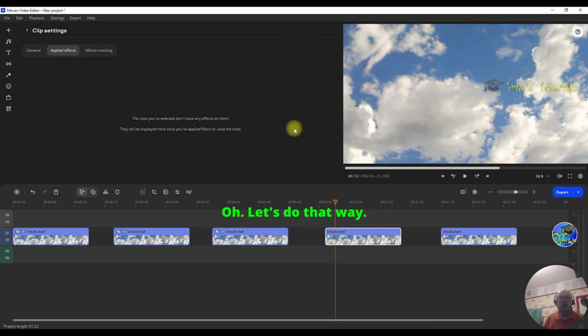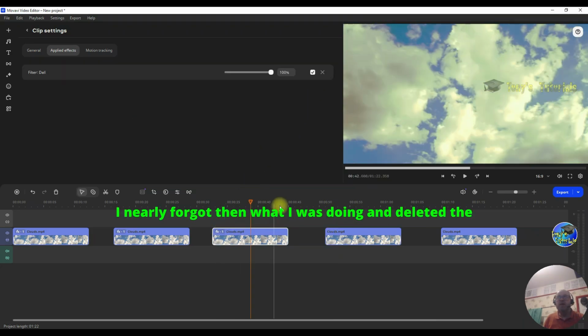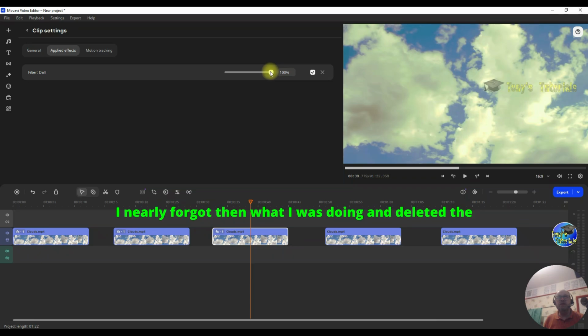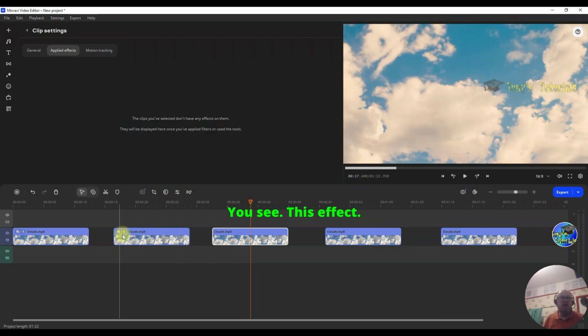Oh, just that way. I nearly forgot what I was doing and deleted the actual video instead of the thing. You can see the difference in the adjustments there. Right, so that's like a green tinge added to it along the sides there. You see this effect,